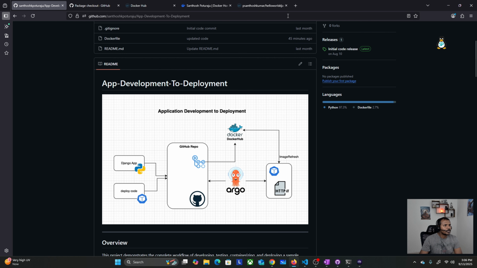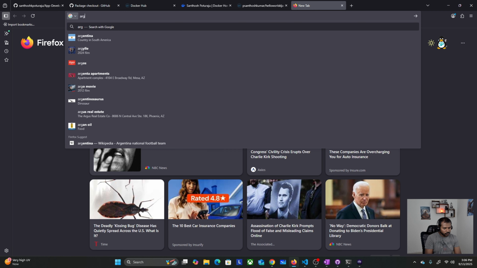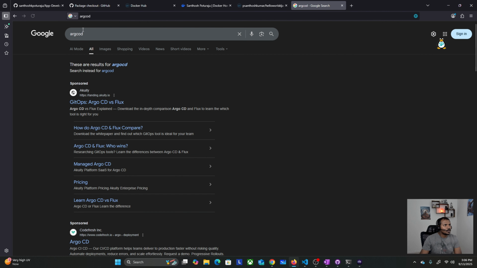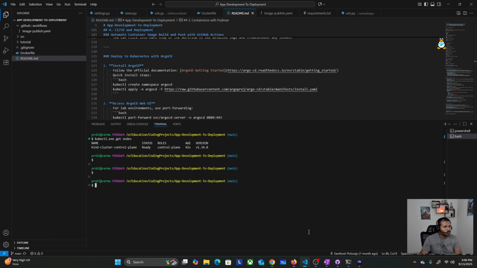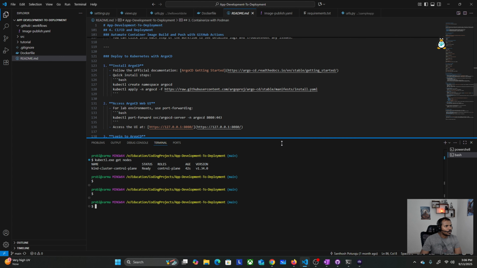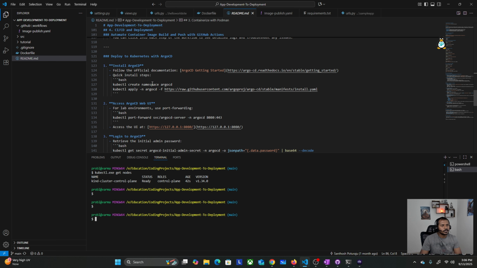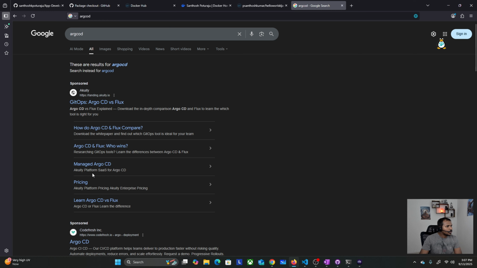It's time to go ahead and check out the Argo CD. And again, these instructions are pretty much documented. If I go back to this README, I have all those instructions right here. If you are interested in reading the documentation here, you can do that. Otherwise, you can also go to the official Argo CD documentation, and you can read the details over there. But I have all the shortcuts right here within the GitHub repo. Okay, go to the Argo CD